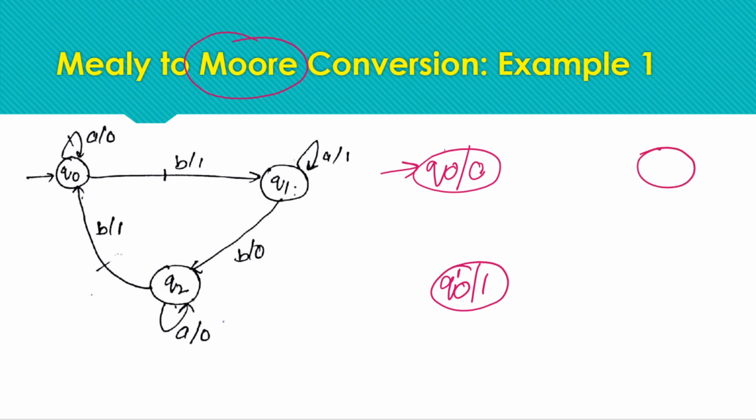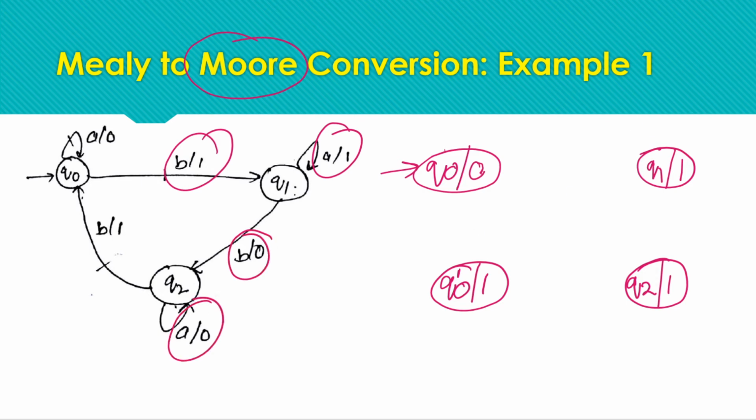Next, we have to draw the state corresponding to Q1. As Q1 has only one incoming output from both the transitions, the same output, Q1 can serve the purpose with one state only. In the same way for Q2 we are going to have only one state in the resulting Moore machine, as Q2 also has only one output from all the incoming transitions. Okay, so next we just need to complete the states and draw the transitions.